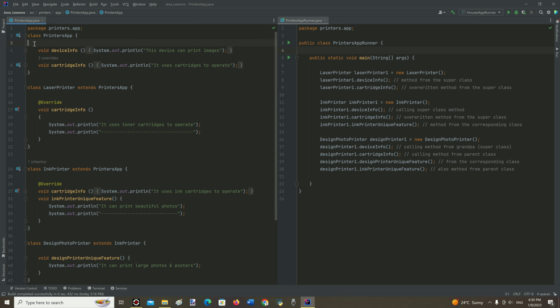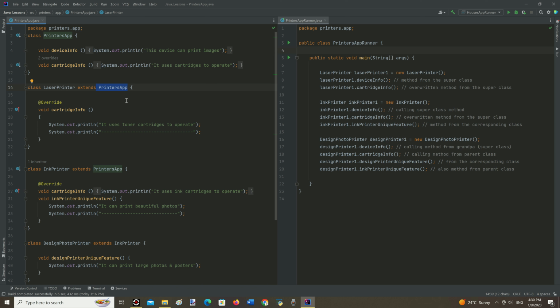Inheritance in Java is the ability of one class to inherit all the methods and stuff from another, or from a chain of classes, if they are connected with the keyword extends. The keyword extends provides the ability to the current class to inherit all stuff from the class that follows the keyword extends.